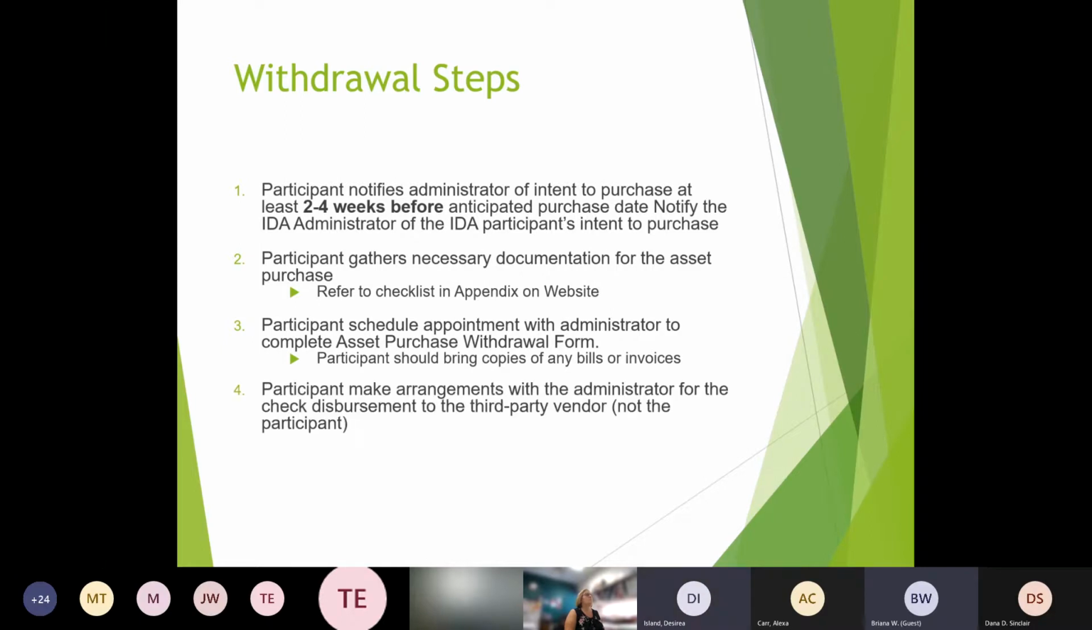They should bring in any copies of bills or invoices, and also make arrangements with the administrator for the check disbursement to the third party vendor. So I know we discussed this during one of our monthly meetings, and I know some stores are no longer accepting check. So IHCDA, we did come up with, I guess, a few scenarios in which you would not use check disbursement. So, say for example, you have someone starting a new business, and they need material from Lowe's or